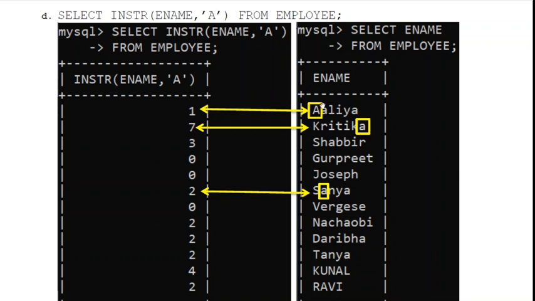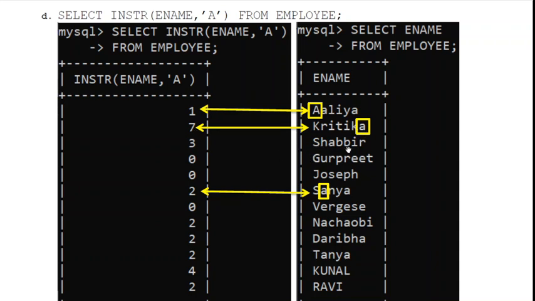If it contains A, it returns the position. Here in the table, in the first name, the letter A is stored at the first position, that's why it returns 1. In the second name, A is stored at the last, so it returns 7.